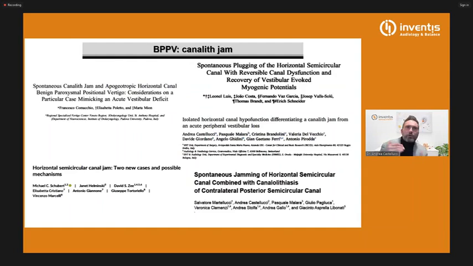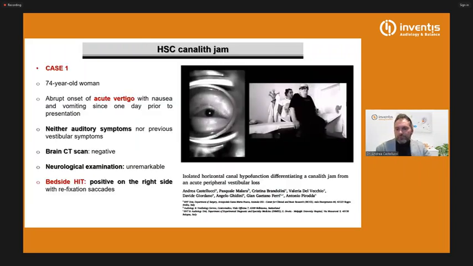So since then, a lot of papers have been written about the canal jam, because it's a very, very interesting scenario that can help us understand some differences between typical acute vestibular loss, central vestibular disorders, and peripheral vestibular disorders due to BPPV. This is our first report of a lady that had abrupt onset of acute vertigo with